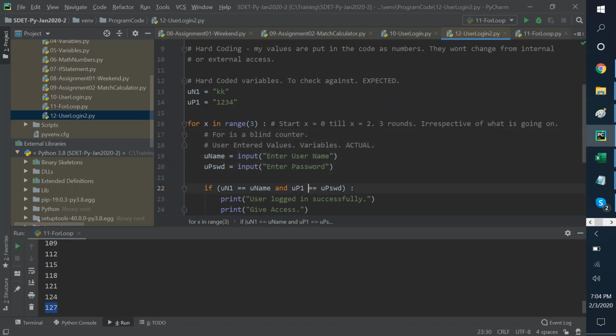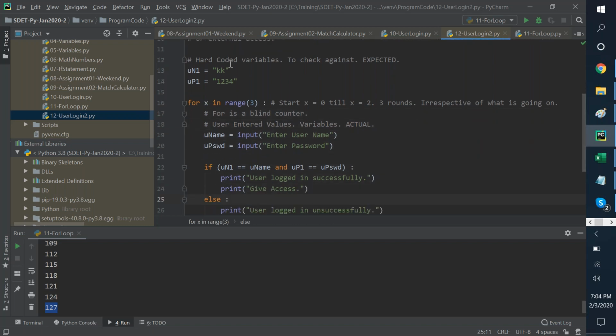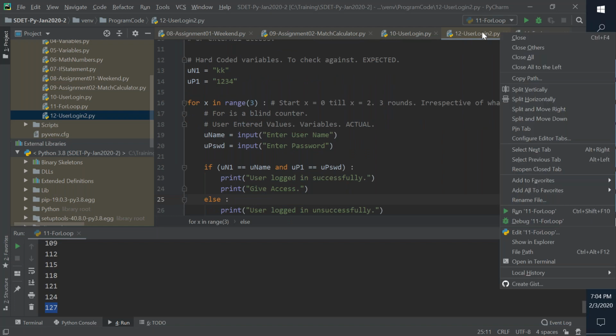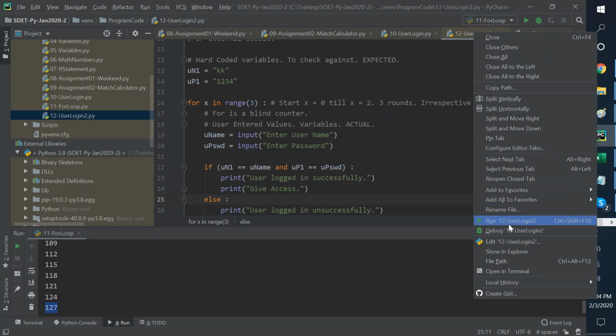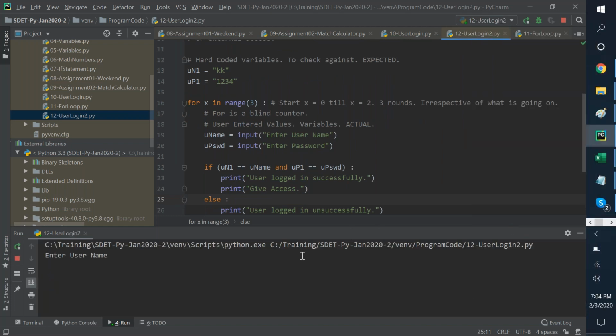And the problem is that, let's say KK1234 is there. So this is the one. When I run this, it'll ask me to enter the input username. I'll say KK and I say 1, 2, 3, 4. User logged in successfully, give access, and again it's asking me to enter username. From which line number is this statement coming from? Can you tell me, team, by looking at the screen?